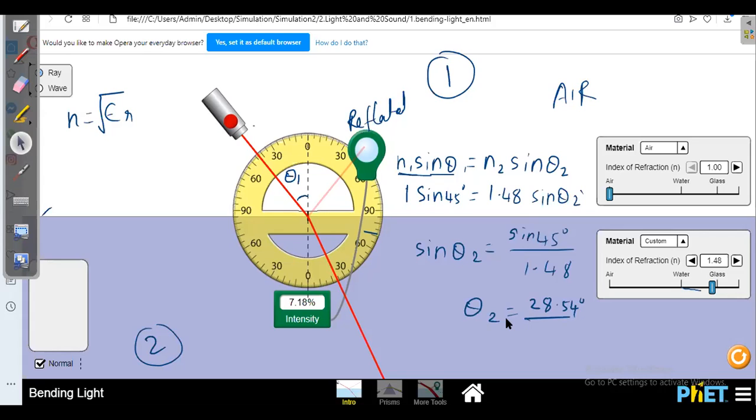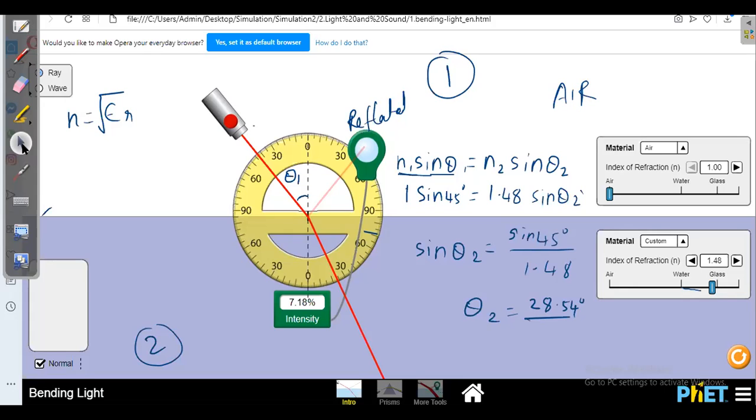Okay, so Snell's law you can verify, because if you have time you can simulate this experiment later. Snell's law is somewhat confusing, because finally we are going to see how total internal reflection is happening. But now what we are seeing is when the light goes from rarer medium to denser medium, what is happening. Later we will see when the light goes from denser medium to rarer medium, what is going to happen. But here now we are analyzing what happens when the light goes from rarer medium to denser medium. One thing is very clear.